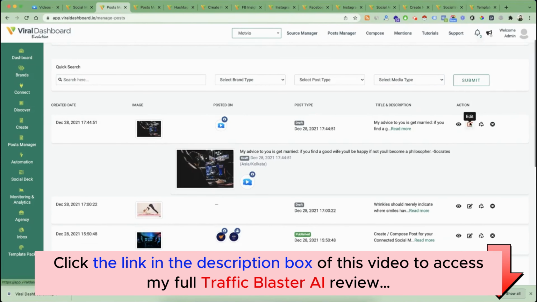Then you can re-edit this post again, reuse this post again, and you can delete this post. Okay, so that's how the post manager will work. Now coming to the source manager, it is similar to the post manager, except for one difference. Post manager is all about social media, and the source manager is all about the different types of connections that